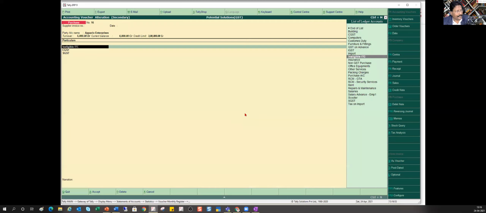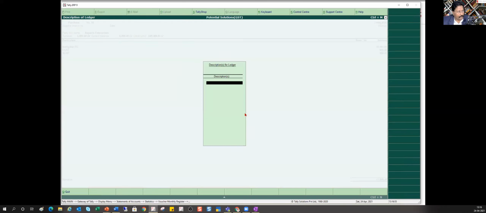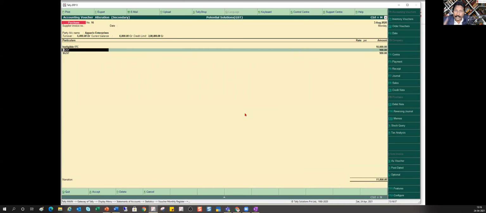Okay, and I'm going to pass this entry. So I'm going to select this entry. Automatically it will calculate tax, because you are entering this in the voucher, in the invoice mode. So it is going to calculate tax, so that you can cross verify whether your supplier has charged the correct tax, whether this calculation is correct. If it's done in Tally, it is going to be correct. But if it's done manually or in Excel or something, then it is going to be one validation for you.